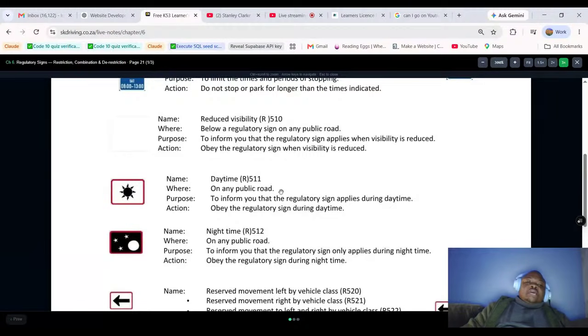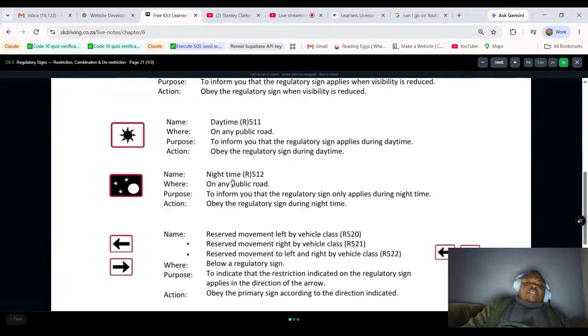This is a daytime sign, to inform you that the regulation applies during daytime. For example, they will give you a certain speed, and during the day you can't drive beyond this speed. And this is a nighttime sign, and it's usually paired with another sign as well, for example the speed limit. Let's say you don't drive beyond 100 at night. It would be a speed limit sign, and below that speed limit sign, you'll find